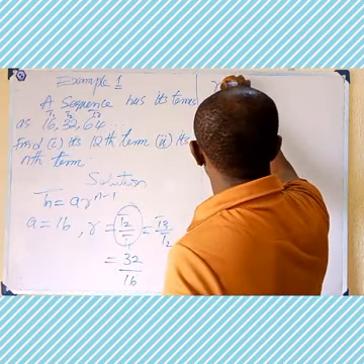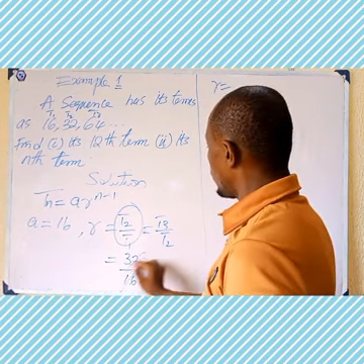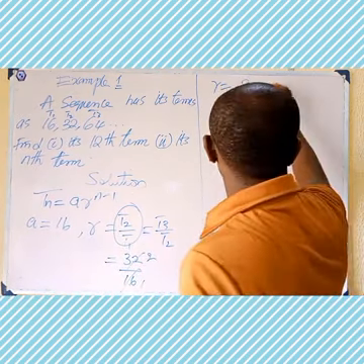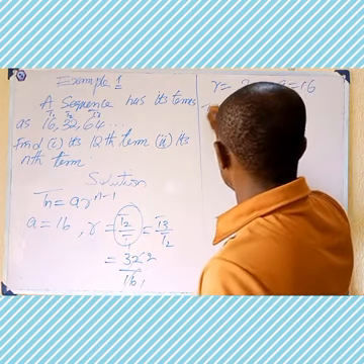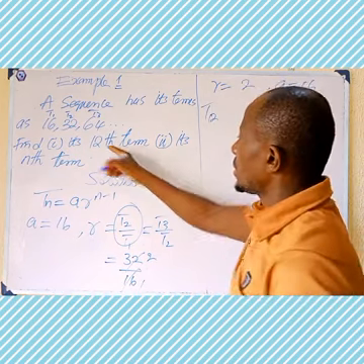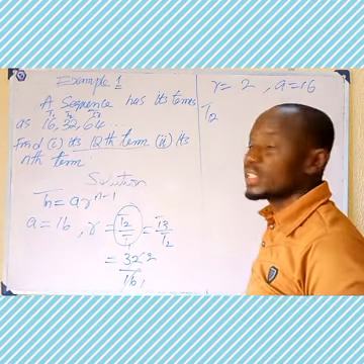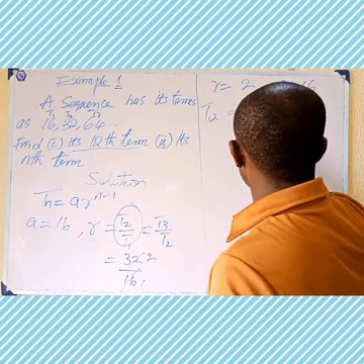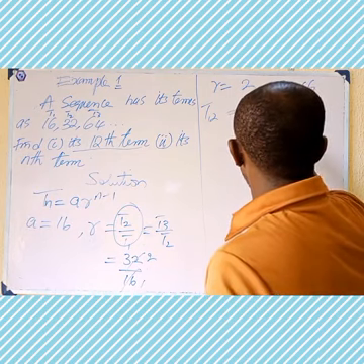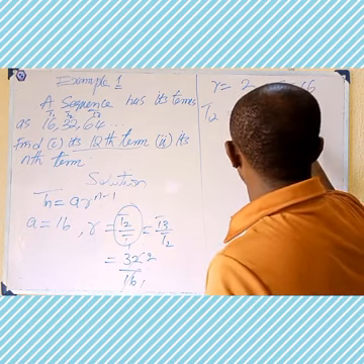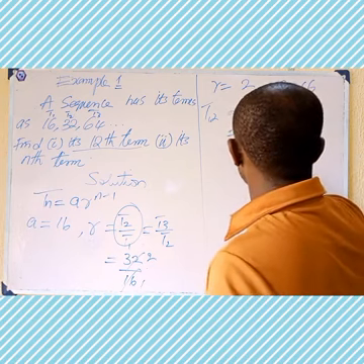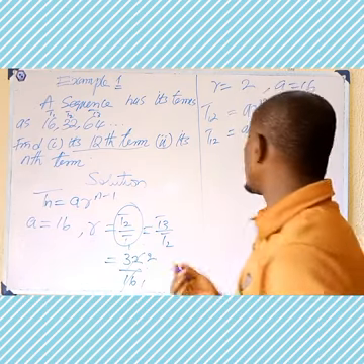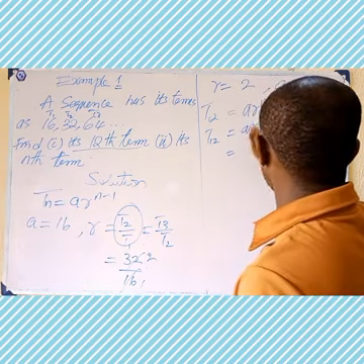So we have r is equal to, this into this we have 1, into this we have 2. So our common ratio is 2. And our a is 16. So we substitute T12, because the first question said we should find the 12th term. So T12 is equal to ar raised to the power 12 minus 1. So this is equal to ar raised to the power 11. ar raised to the power what? 11. So if we substitute what we have here, we have